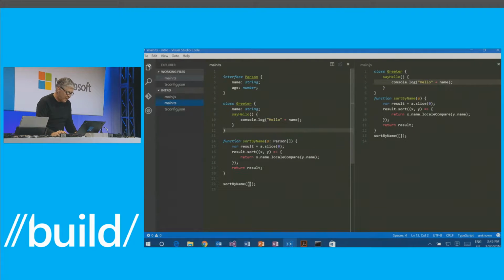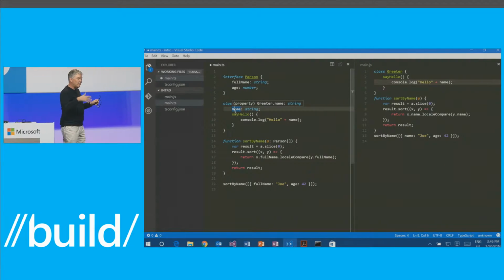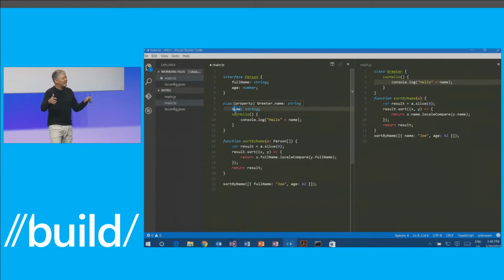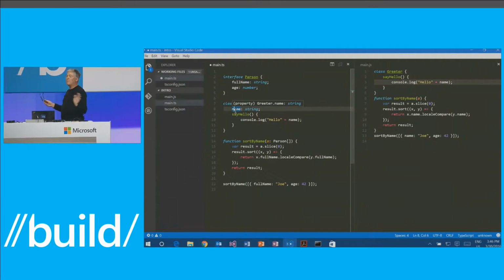Other features we can offer now, for example, is like in here, as I'm writing my code, we know what the properties are that you're supposed to, so we can give you statement completion as you're writing, like that. Also, we can offer cool features like refactoring. For example, notice here's a name property, and you'll see that we can highlight all the places that that's used, and I can say rename it to full name, and you'll see that it changes in those three places. But notice the name property inside greeter didn't change because that's a different type. It's a different property. And because we actually have semantic knowledge of what your code does, we can give you safe refactorings, which previously was impossible in JavaScript.